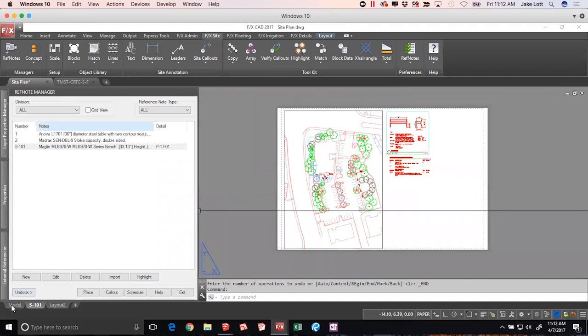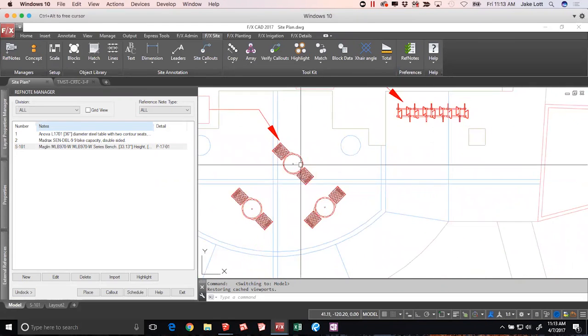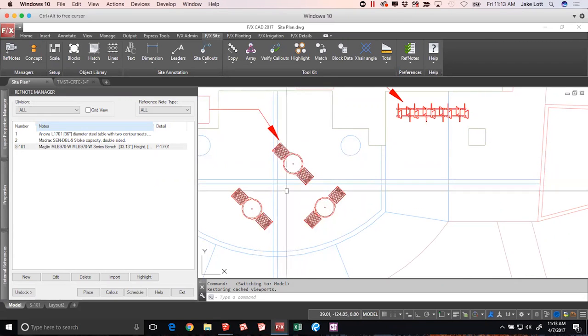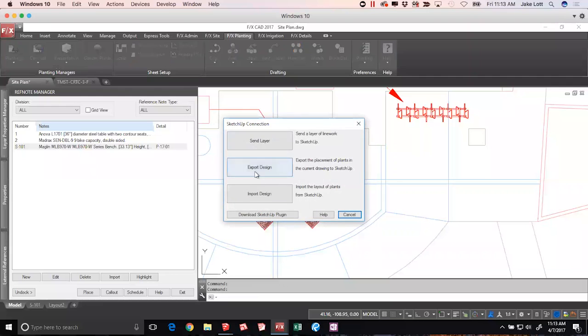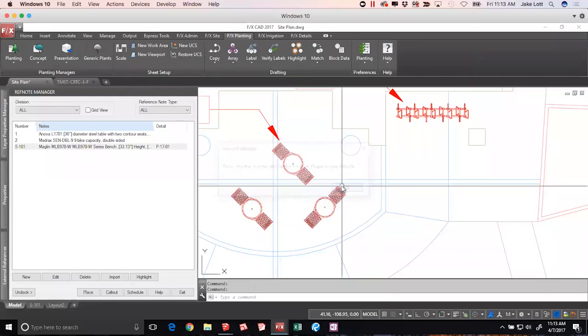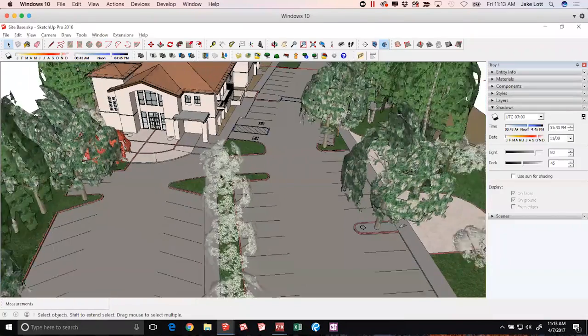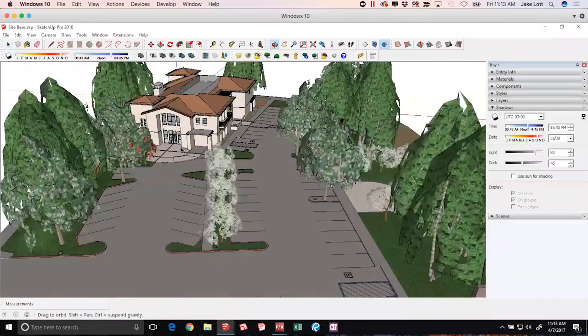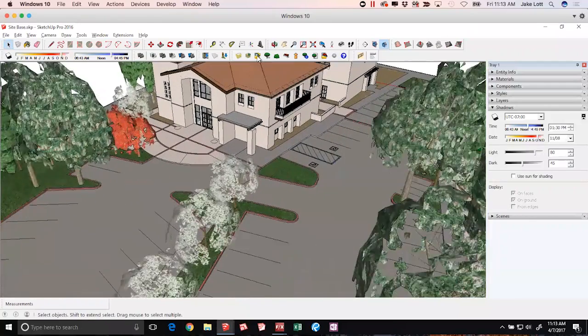we have one last little tie-in as this demo is concerned, and that's sending things over to SketchUp. And again, the really, really powerful thing here is that we can actually take all of these items that we've just added to the project, not have to worry about our CAD block, but we can also go ahead and send this design over to SketchUp. And all things considered, obviously we need to have a drawing set up and tied, which is not going to be covered in this webinar, but assuming we've set everything up properly, we can go ahead and import